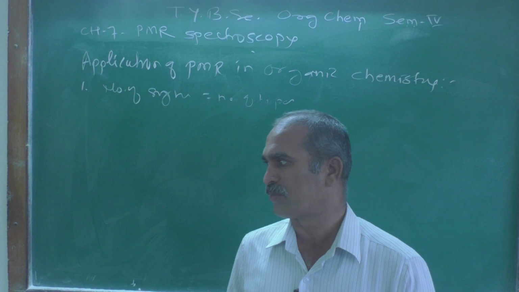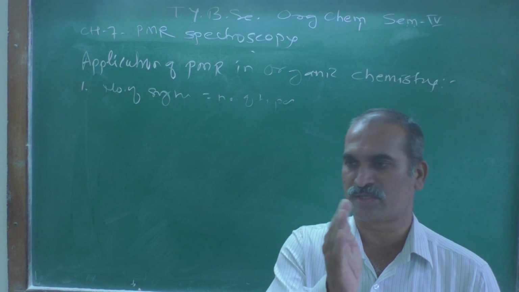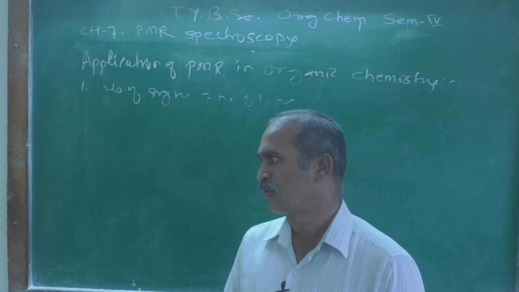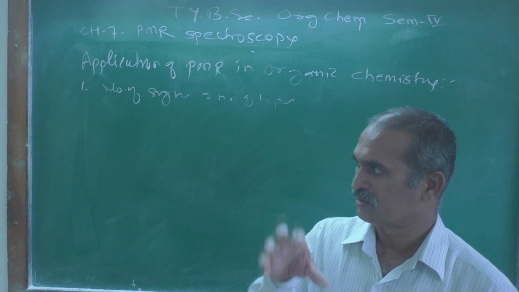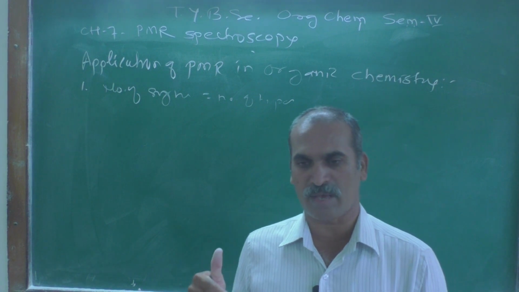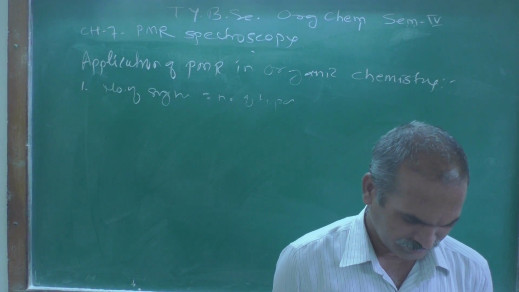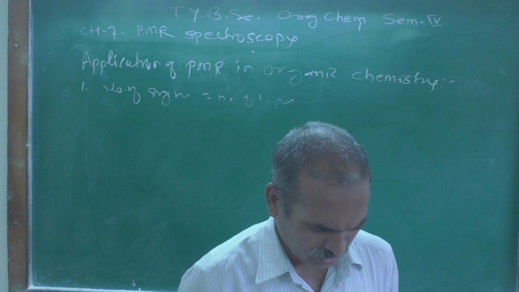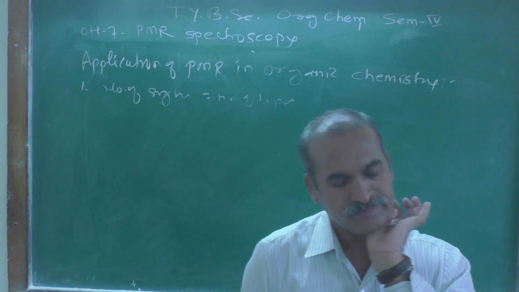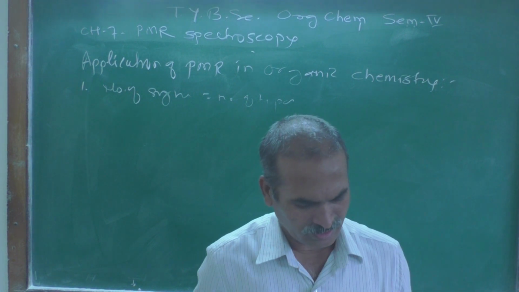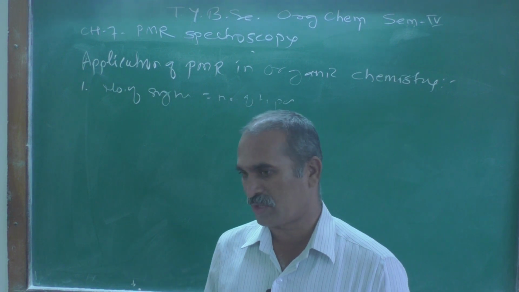Generally in alcohols there are OH hydrogen bonds, and when that hydrogen atom is replaced by its isotope deuterium, it cannot be detected in a PMR spectrophotometer. The signal due to OH disappears, which clearly indicates that hydrogen bonding is present. And the last one, application number 6, the coupling constant can be used to determine the stereochemistry of the proton.